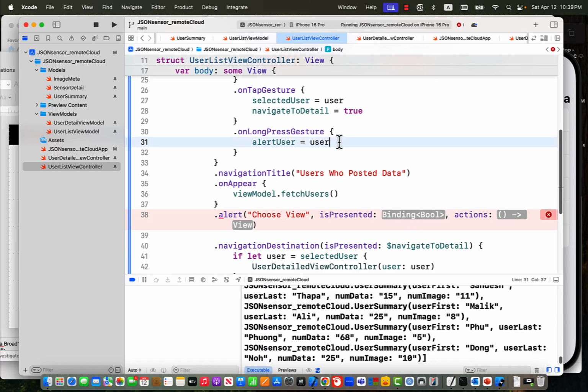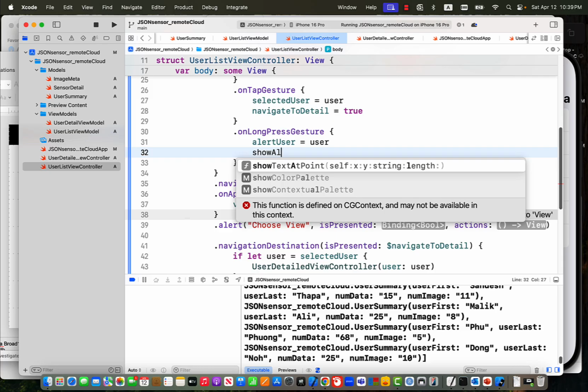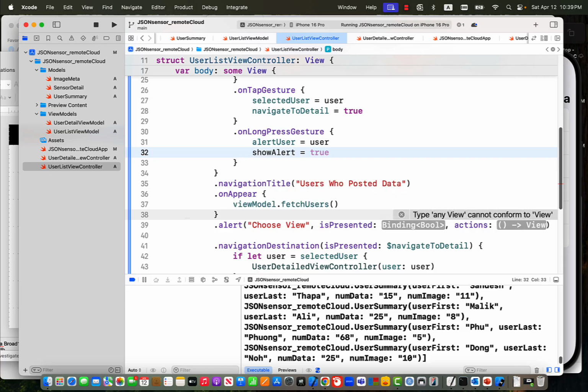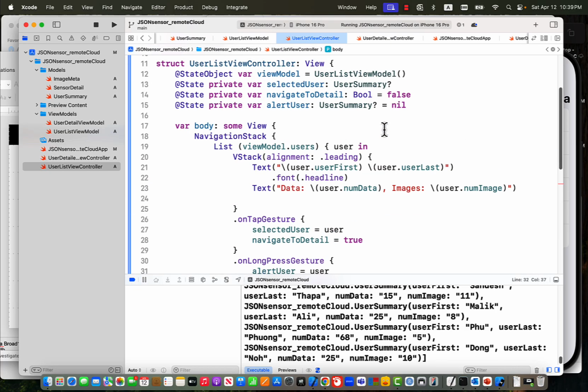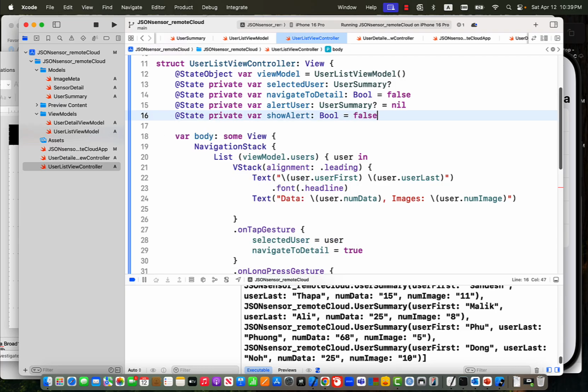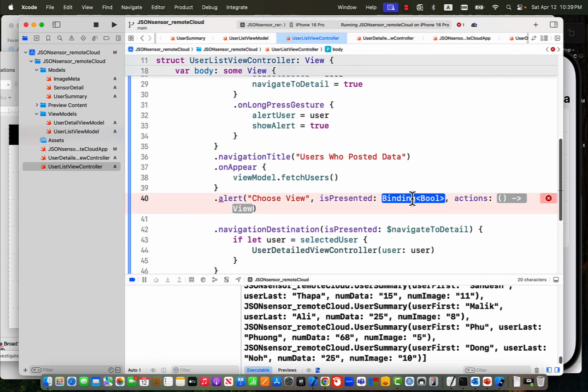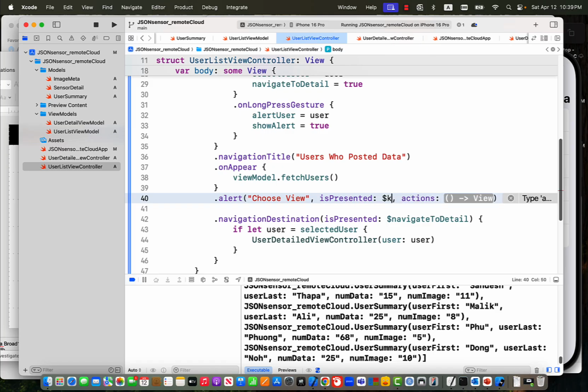What happens here, if that long press gesture is chosen, then we need to say show alert. I want to make it true, therefore I need to declare the variable here, show alert, false. Okay, and if this show alert is presented, then that alert will be